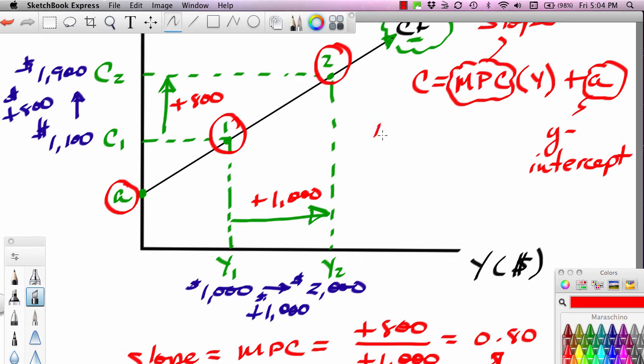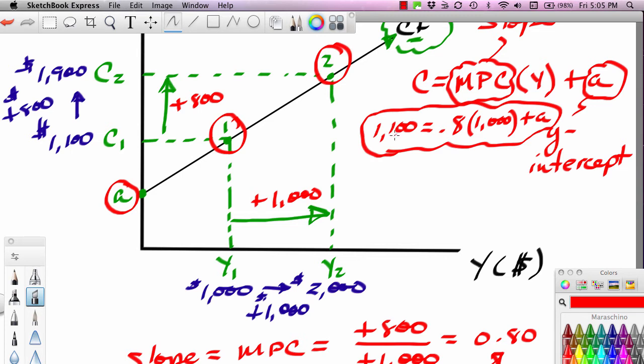So 1100 equals 0.8 MPC times what? Well, when C is 1100, what is Y? Y is what? Y is 1,000 plus what? Plus A. So here's our formula. 1100 equals 0.8 times 1,000 plus A. I took the C value, 1100, plugged in the slope, 0.8, plugged in the corresponding Y variable, 1,000, and I'm